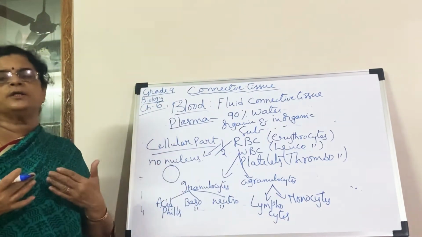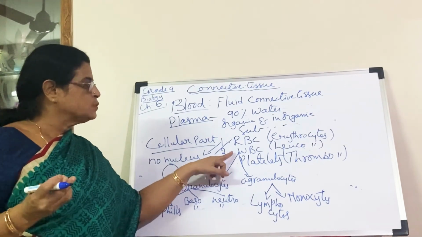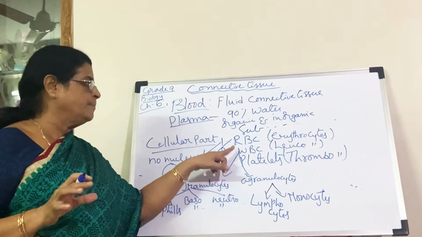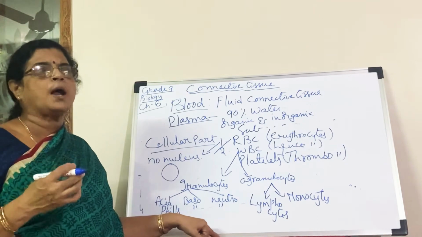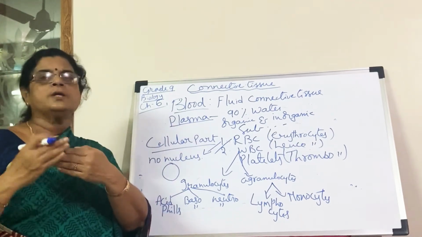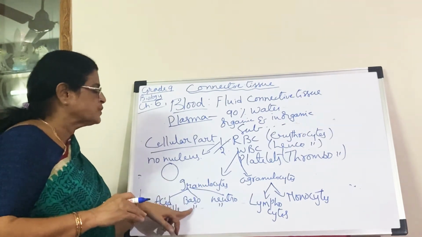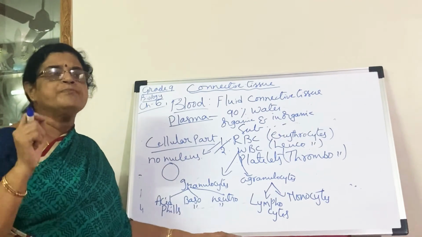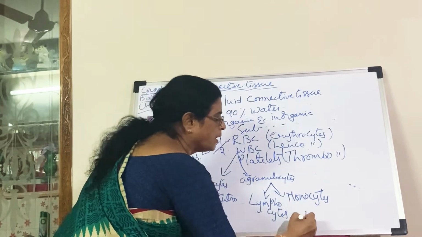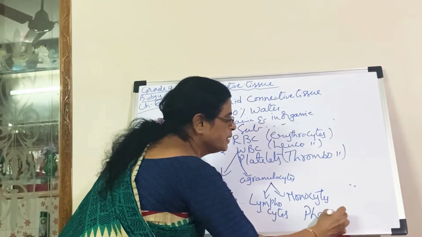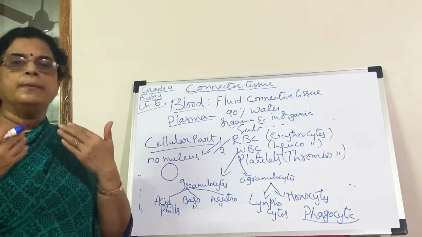We know the function of WBC: that is the defense mechanism. WBC protects us from different diseases. So it is the defense system in our body. Even neutrophils are called the police of our body. That means when any foreign body comes, they do not allow it and they swallow it. Like this, acidophils, basophils and neutrophils fight with disease-causing microorganisms. Lymphocytes and monocytes are phagocytic in nature. On top of that, they increase our immunity.